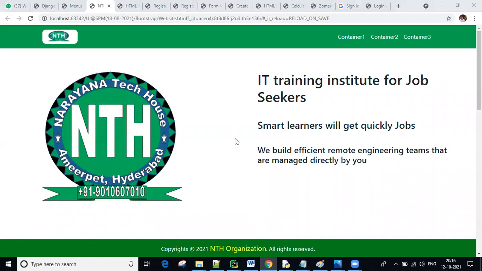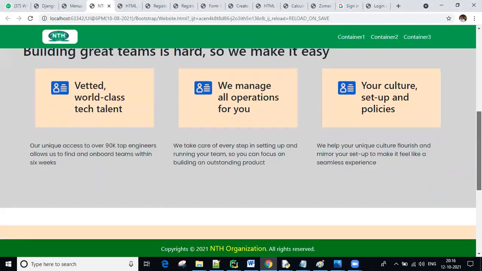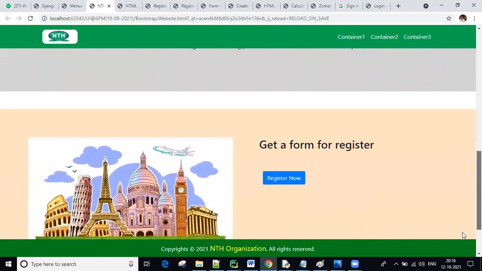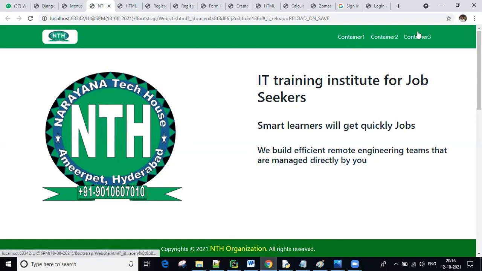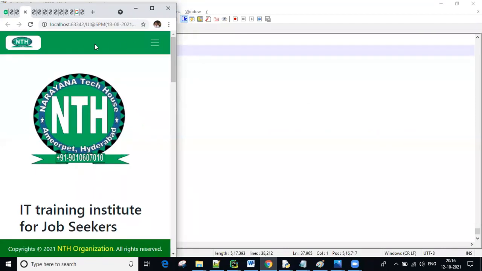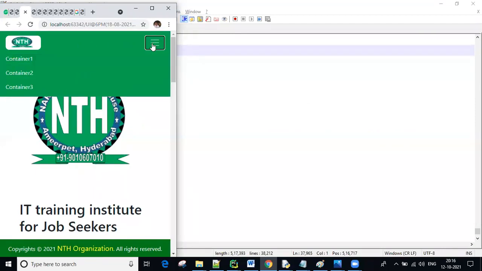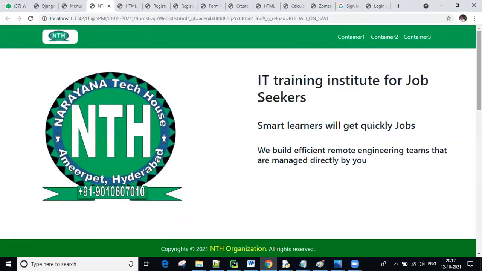Yeah, okay. So like this, we can design applications, and responsive design is also important. Using Bootstrap, we are going to develop responsive design. Responsive design means that on a small screen, like a mobile or tab, all menus are hidden in the form of a hamburger symbol. This is how we are going to design. We will discuss all these things.